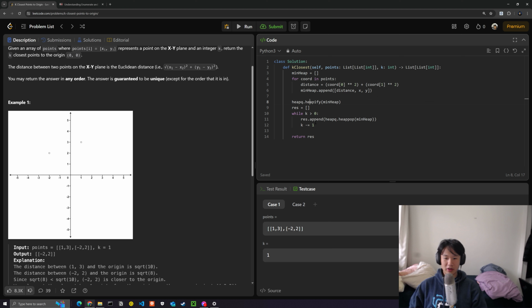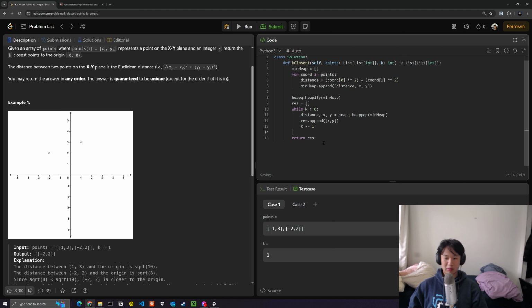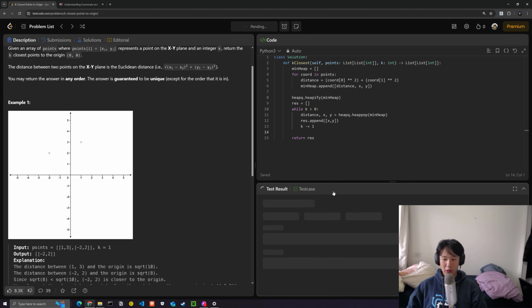Before we do that, you want to append only the coordinates. So we can first pop it and get the distance, then the x and the y. Actually, let's call this distance, and then from here we want to append a new list with just the x and the y coordinate, because that's what we want. Then at the very end, we can return the res. So if we go ahead and run this,